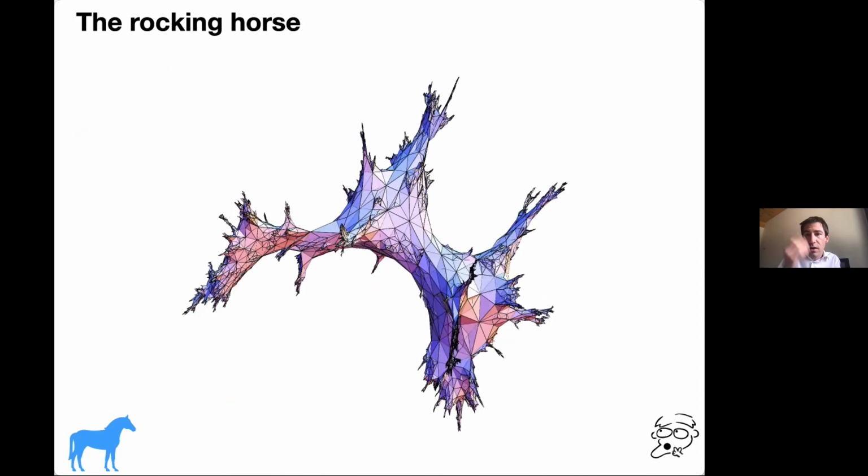Here are a couple of simulations of very large random triangulations which are embedded in three-dimensional space in a way which is as close as possible to an isometric embedding. It is not an isometric embedding, but it gives the flavor of what an isometric embedding would be. So that's the rocking horse. It's a bit on the side.